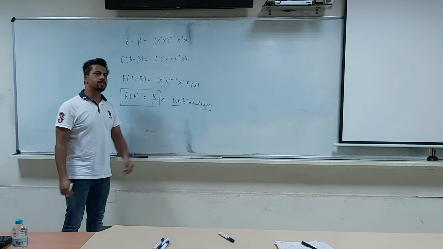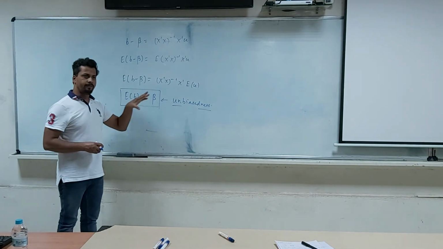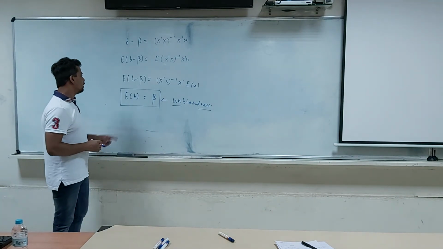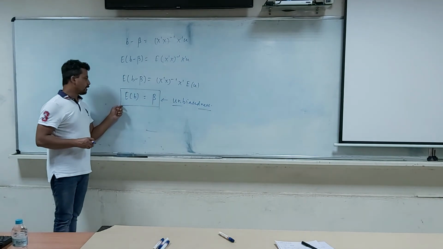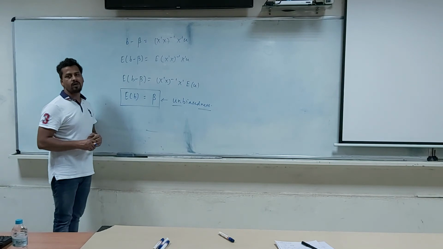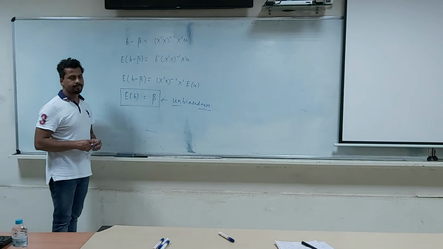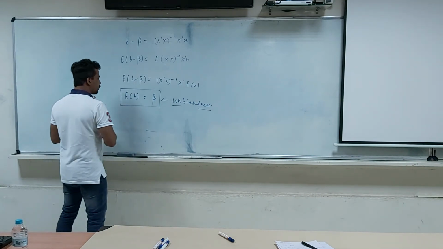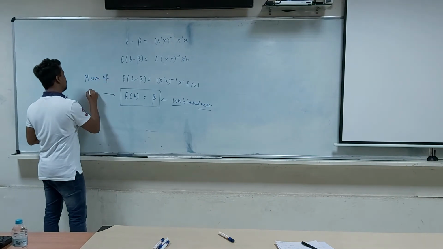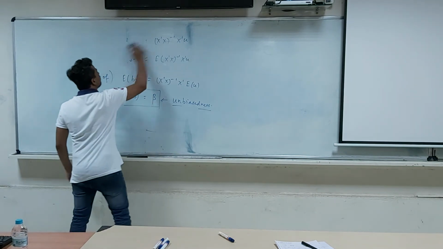And mind you, this is a small sample property. We'll discuss this in detail when we discuss the properties of estimators in small sample and large sample. So I hope this point is clear: by default, on the assumptions that were made, the least square estimator is an unbiased estimator of the true unknown population parameter. Okay, so that is the mean of B as well. Right? Okay, let us move forward then.